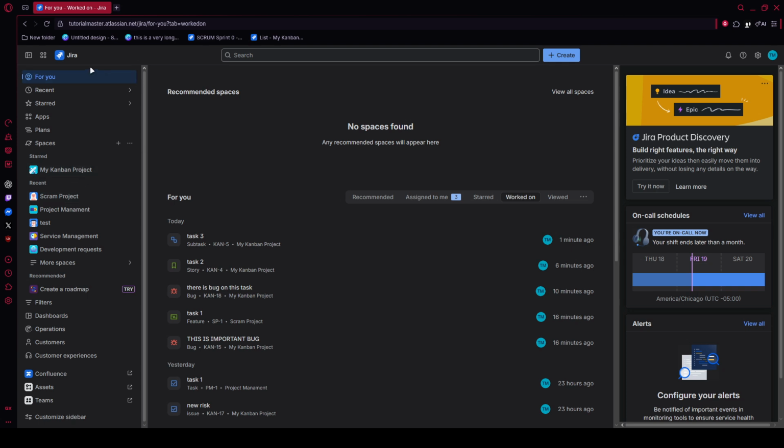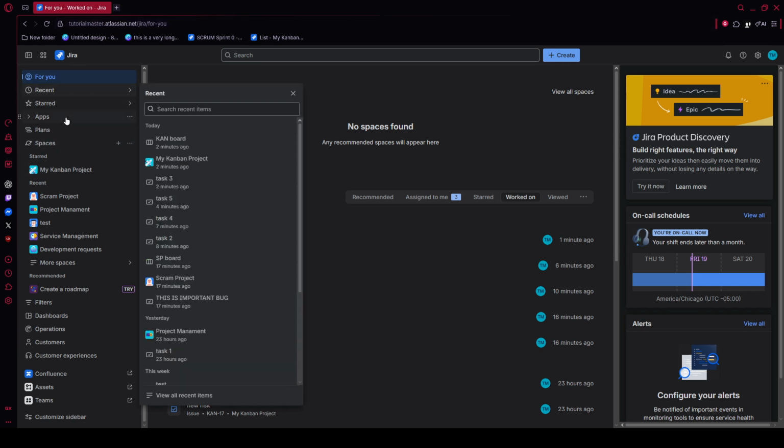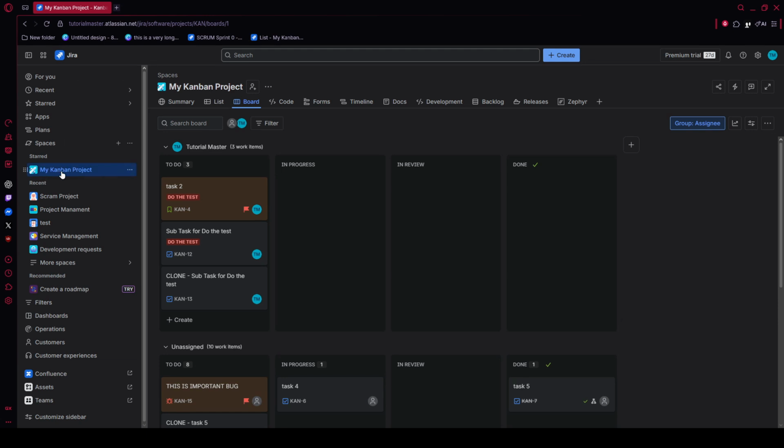When you're signed in, look for the Jira software tile or launcher option. Click it to open Jira. From there, check your recent projects or available workspaces and select the project you want to open. This should take you into the main board or dashboard where you can start reviewing tasks, sprint progress, and backlog